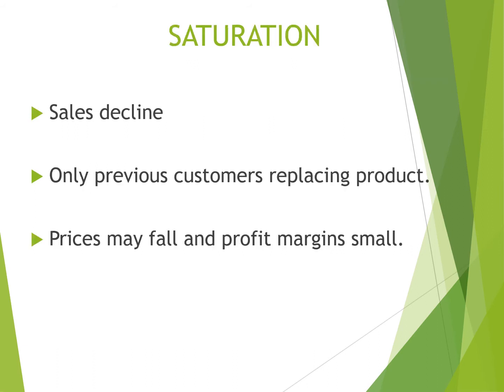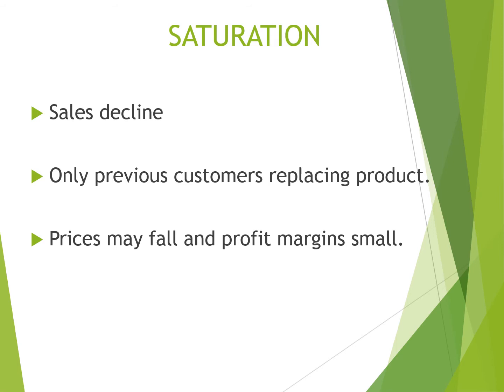of your sales. Saturation wouldn't have been spoken about for those who have studied National 5, but that is really when sales are starting to decline. You're finding that you're only getting repeat purchases, previous customers replacing the product or whatever. You're not really getting any new sales. And at this stage, in order to sell products, you might have to drop your prices. And obviously, if you're dropping your prices, the difference between the price and the cost to manufacture is getting narrower, which means your profit margins